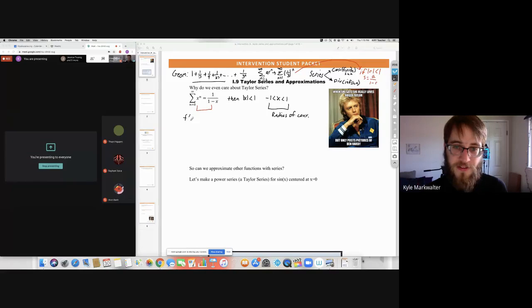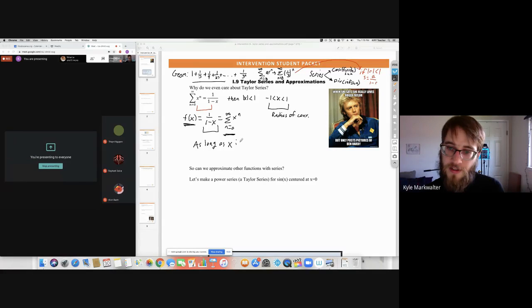in which case we can say that f of x would be 1 over x, which is going to equal that series. Now, I realized up here for some reason that it should have been n equals 0, right? Sorry about that. That's my part. N equals 0 to infinity of x to the n. And essentially, we can name a function a series, and that is going to be equal to some finite thing as long as x is within